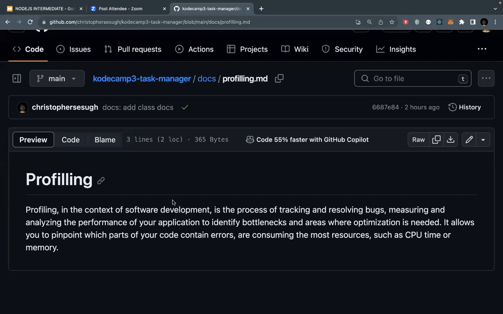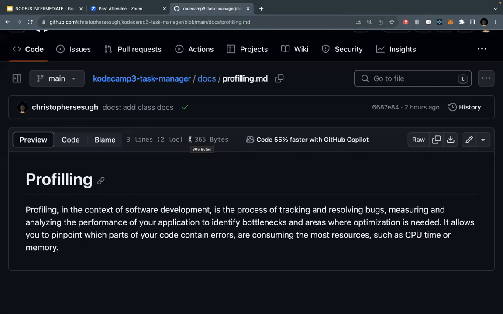Okay, so in NodeJS, we can use node inspect to profile our application. When developing, we normally use the console log function to debug and profile our application. If there's any error, we log it to the console and debug. But as your application grows bigger and bigger, you may encounter errors that are unfamiliar to you. So using these profiling methods,